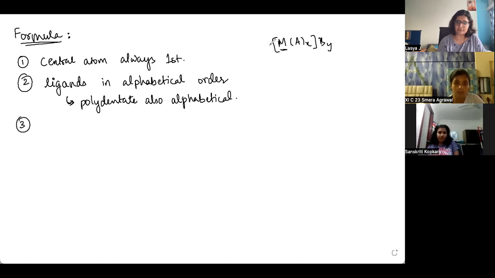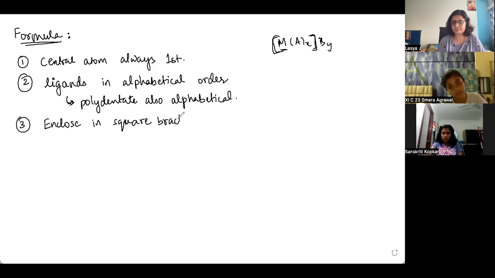Then this is quite important. You've seen that every time we've represented it, the formula is enclosed in square brackets. And it needs to be square brackets specifically: no curly brackets, no normal brackets, square brackets only. This is important. Then, within the square brackets, if you have polyatomic ligands,